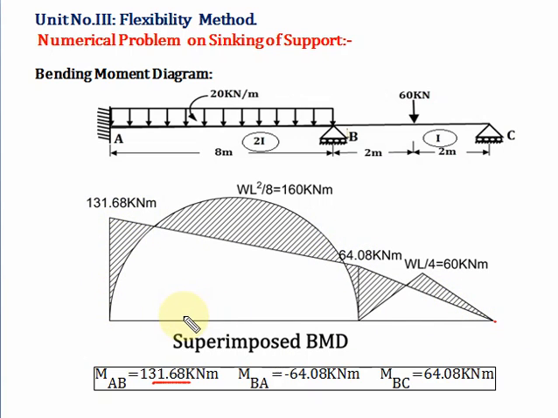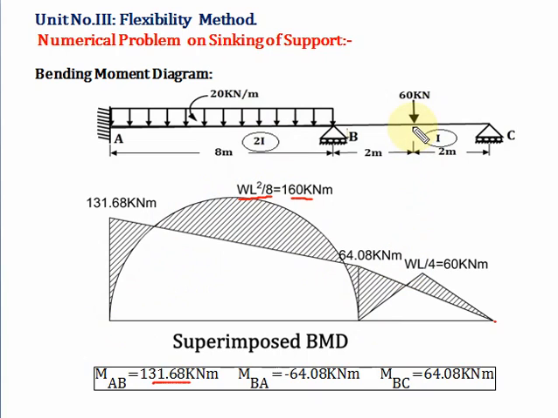Now on this fixed bending moment you have to impose the free bending moment. Now in member AB the load given is UDL. So the free bending moment value is WL square by 8. Value of W is 20 into L is 8 square upon 8. So we get the value 160. As the UDL is given, so you have to join it by a second degree curve.